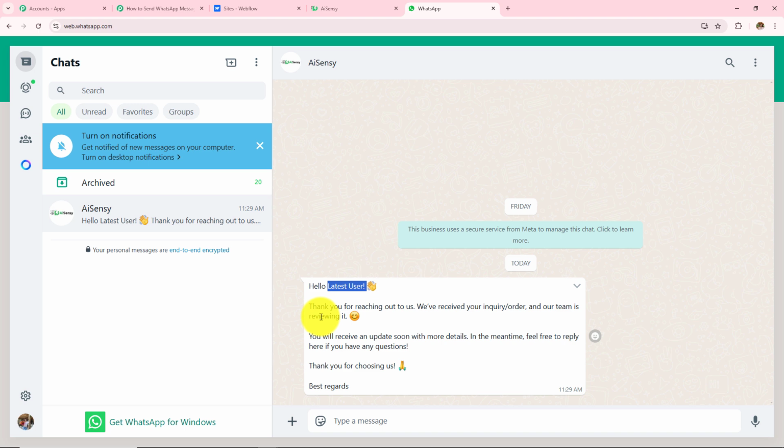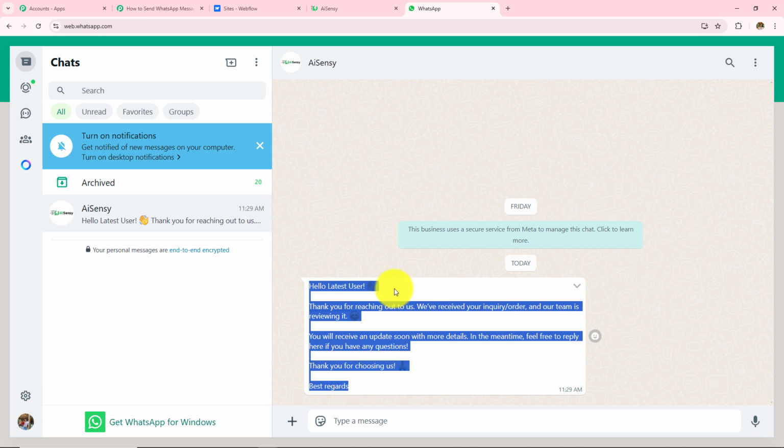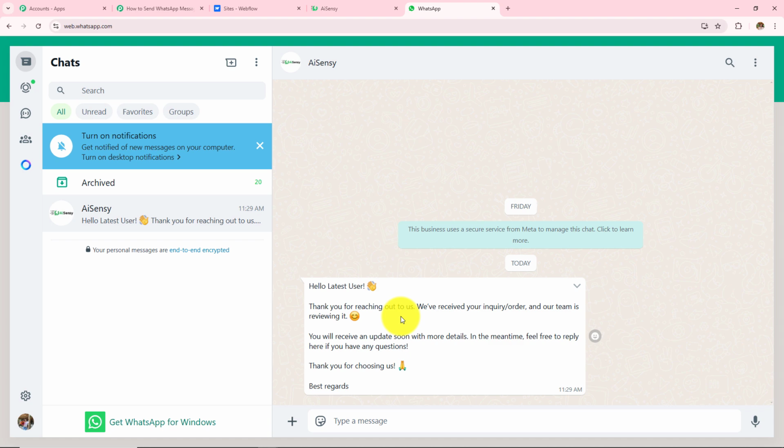We have received your inquiry order and the team is reviewing it. You will receive an update soon with more details. In the meantime, feel free to reply here if you have any questions. Thanks for choosing us. Best regards. So this is my message and I have received this WhatsApp message as soon as the form submission was done. Now this is how this workflow will run, and now to learn how to create this, let's start creating this